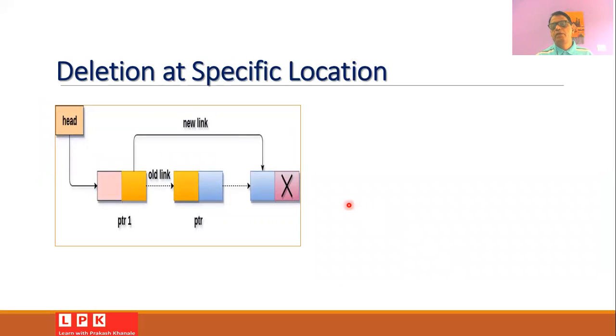Now it is also possible that we can delete any specific element that is present in the linked list, which is neither a start node nor an end node or tail node. Now suppose we have been given a linked list and we want to delete the second element from the linked list. In order to delete this second element, what we need to do is set the link of the previous node to the next node so that the old link will be deleted and this node can be deleted from the linked list. So if you are able to set this new link, then you can delete any element that is present between the two nodes.